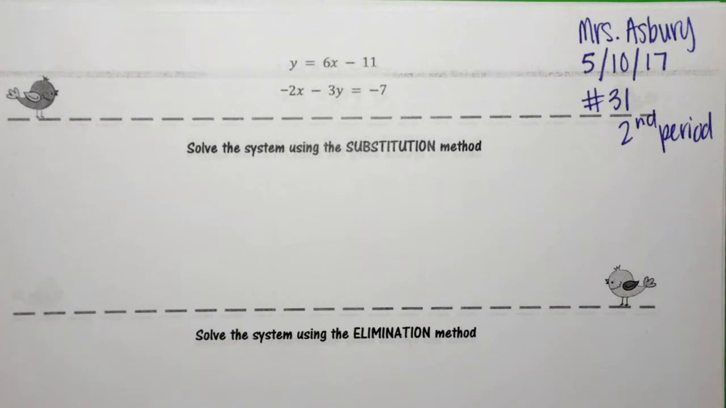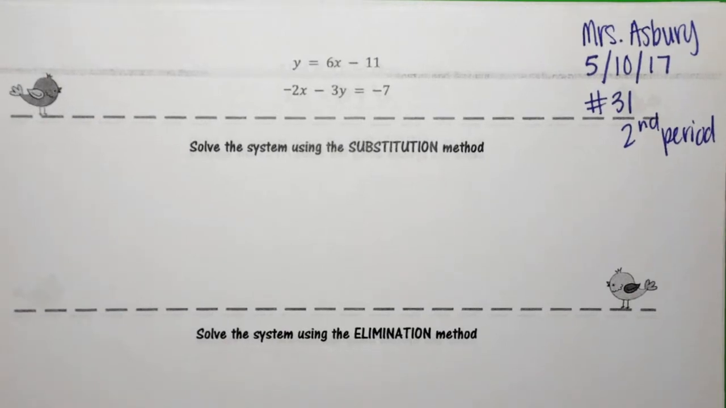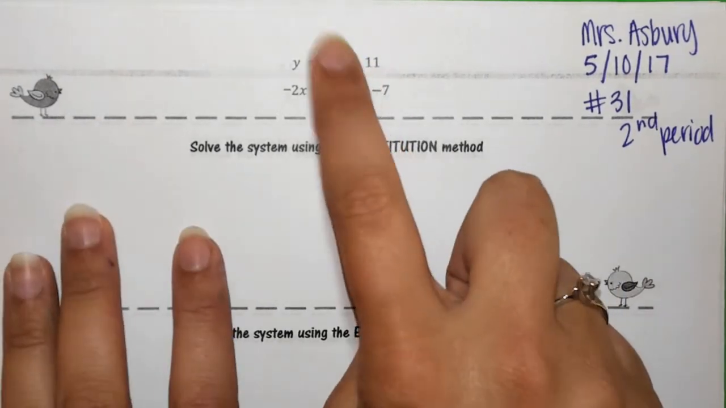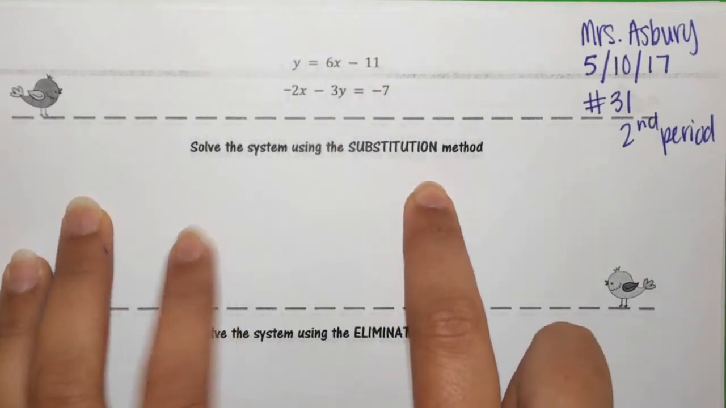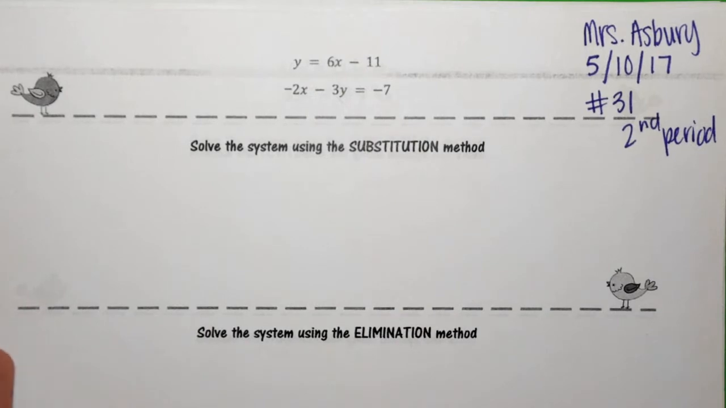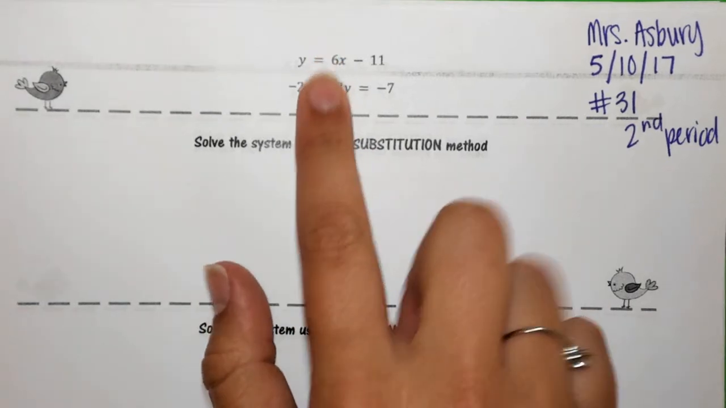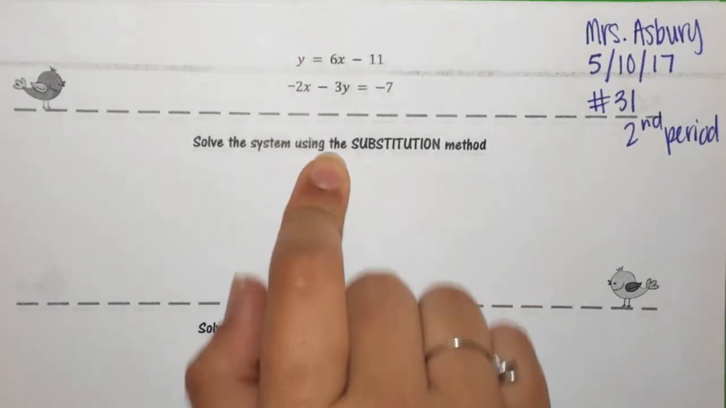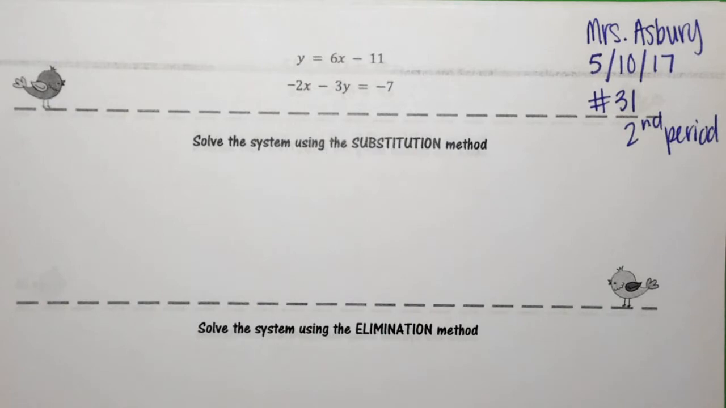Alright, so we're going to solve this three different ways. We're going to solve this system by using substitution, by elimination, and by graphing. Now, we know to use substitution when we have a variable by itself. In this situation, do we have a variable by itself? Yes. Y is by itself, yes. So what we're going to do,